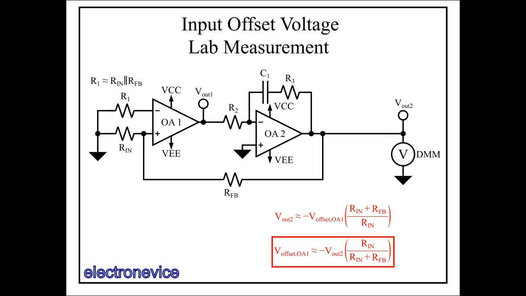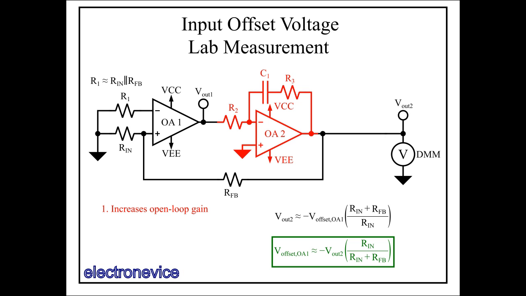This is also the reason that the feedback network connects the output to the non-inverting input of OA1 rather than the inverting input. Now we focus on the integrator circuit containing OA2 inside of the feedback loop. The addition of this circuit inside the feedback loop of OA1 does three important things.